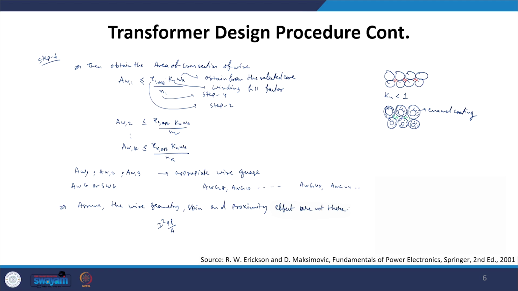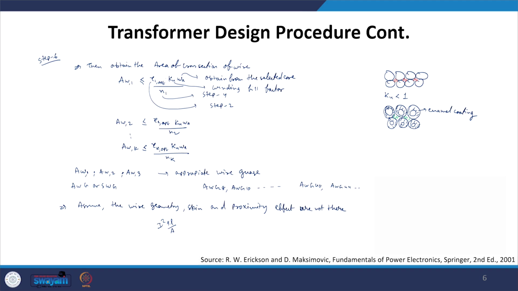Now there are also other kinds of transformer design procedures, where one can accommodate the AC effects, the skin effect and the proximity effect, and then design the transformer accordingly. Further, here we have assumed that the excitations are nearly sinusoidal. One can also consider square wave excitation, and then generalize the value of core loss using the improved Steinmetz equations, and obtain a more realistic transformer design.